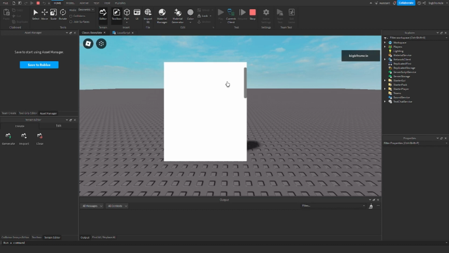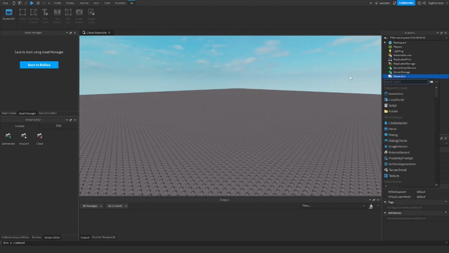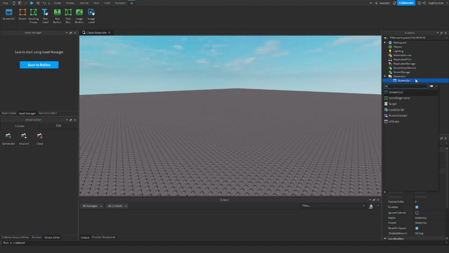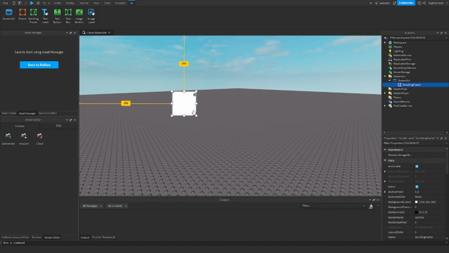Today I'm going to show you how to make a custom leaderboard like this one. However, it will have more little slots. So first thing you're going to want to do is create a ScreenGui and then make a scrolling frame inside of it. This is going to be your player list. You can play around with it as much as you like. So I'm going to go ahead and